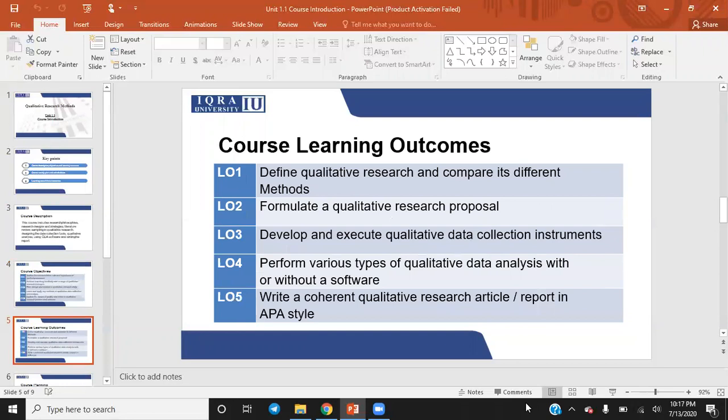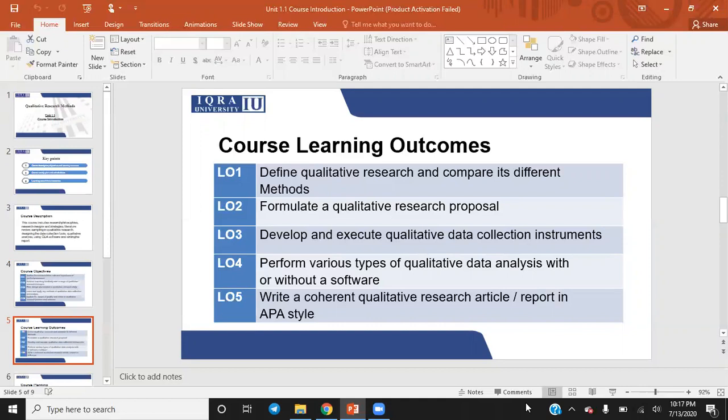If we talk about some learning outcomes, once you complete this course, you will be able to formulate a research proposal which is based on qualitative research. You will be able to develop a design. You will be able to execute a qualitative research. You will be able to construct a data collection tool, and you will be able to analyze that data with or without a software.